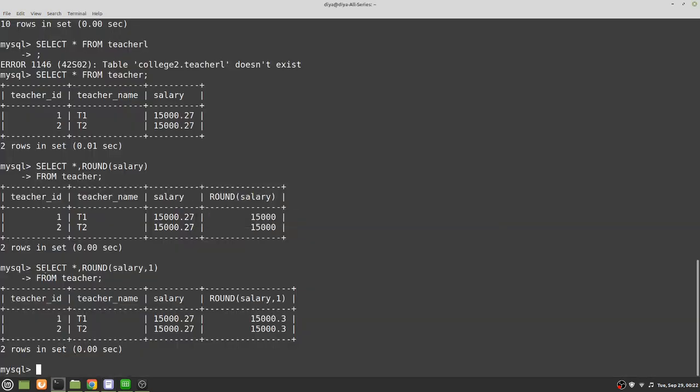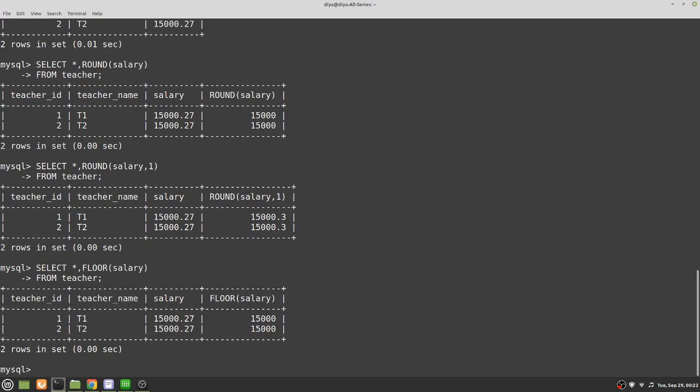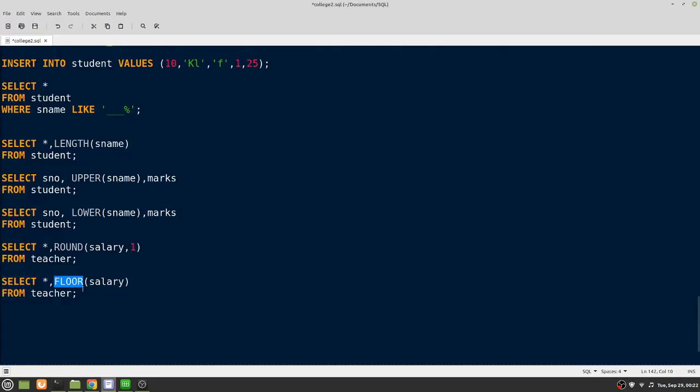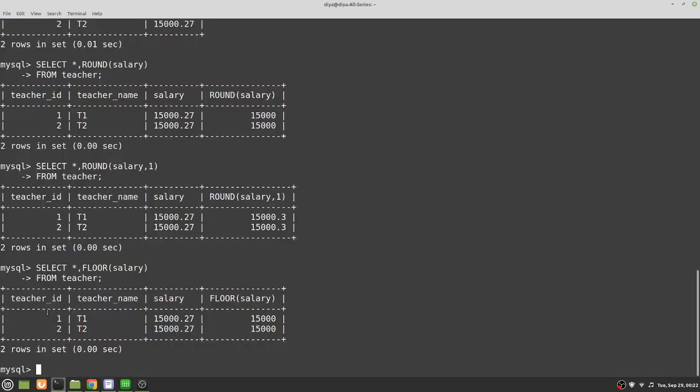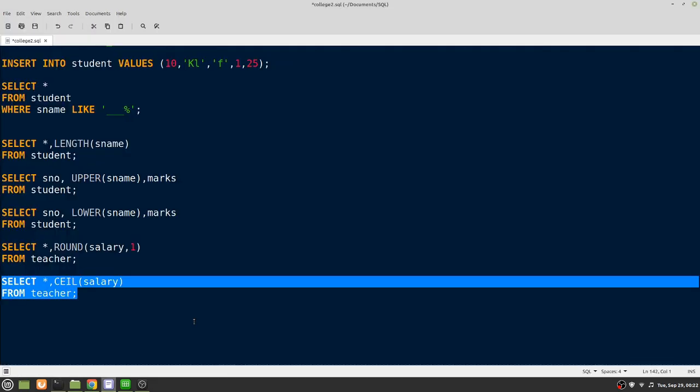If I try this, you can see 15,000.27, the floor value is 15,000. And if you try the ceiling function, this is the smallest integer greater than salary. So you can see 15,000.27, the ceiling value is 15,001. So these are some of the functions that you can use in SQL which operate on integer values.